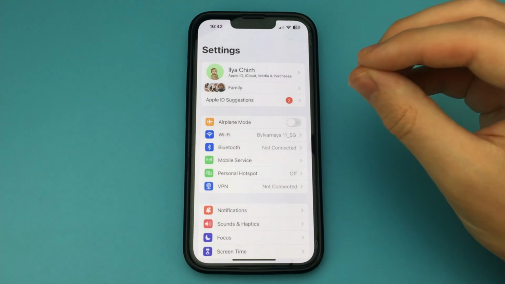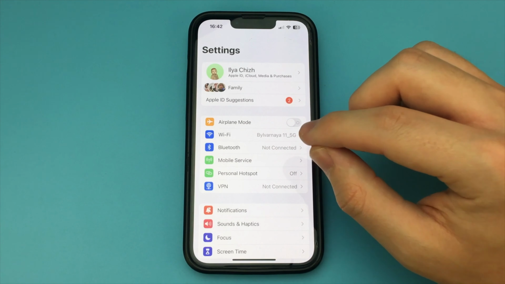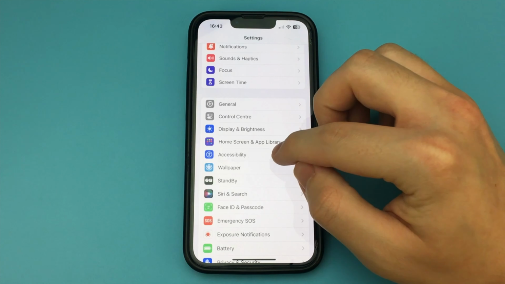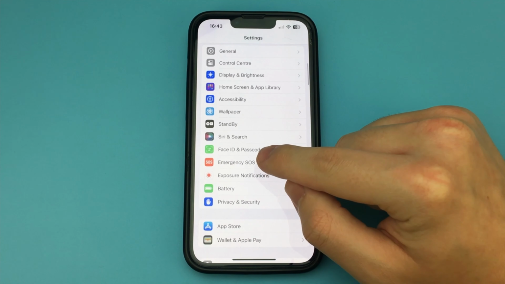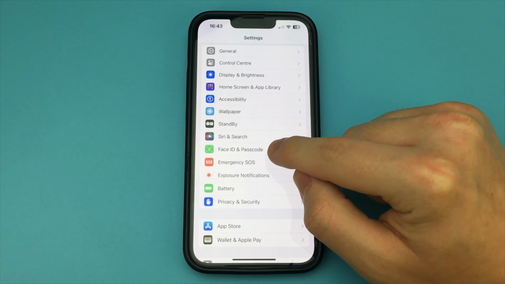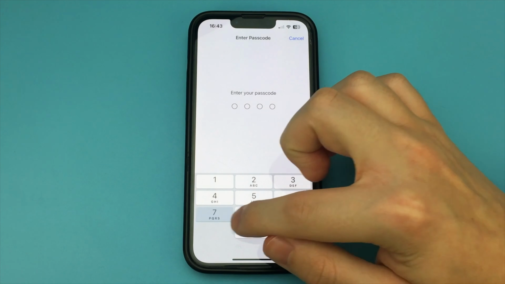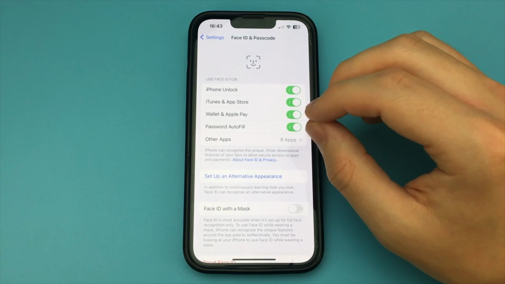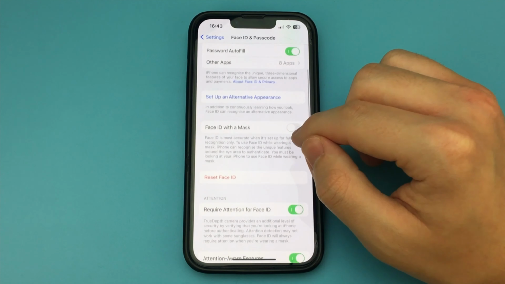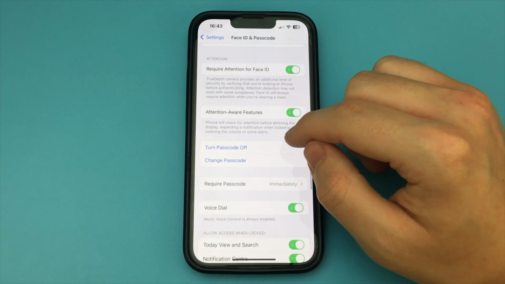Thank you. In this video, I want to show and tell you how you can change your passcode on your iPhone. So you have some passcode and you forgot how to change it. In order to do this, you have to go into the settings of your iPhone. Now you need to find the item, Face ID and passcode. Open it. Now specify here our existing password, and we can already edit all this here.